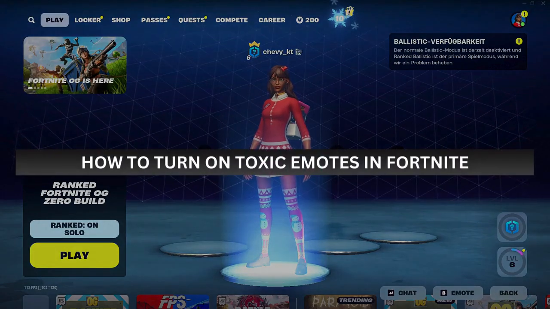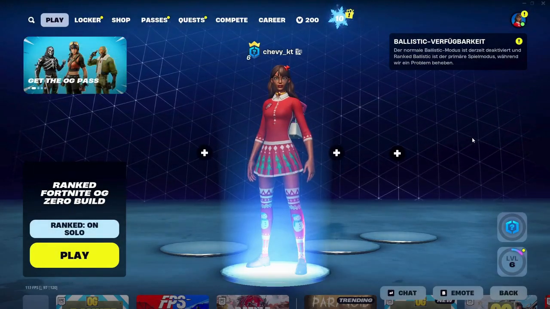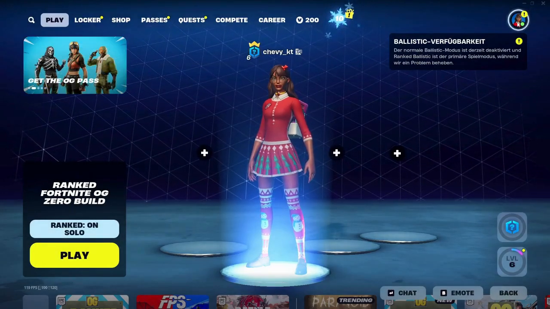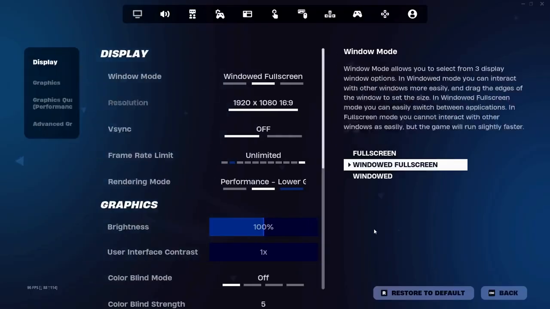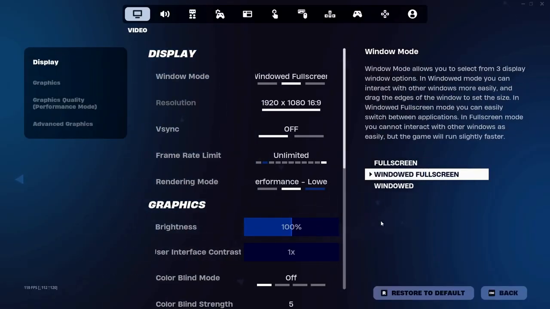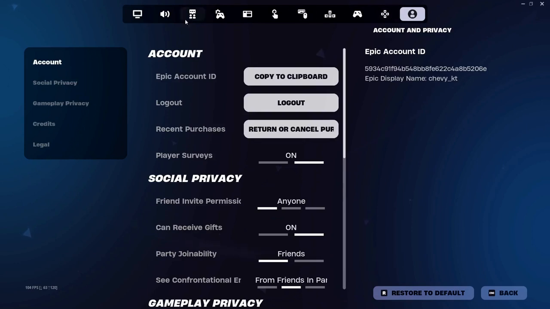How to turn on toxic emotes in Fortnite. So first, you simply click on your profile icon here at the top right. Then click on the settings icon right there. Once that's done, you will need to click on the tab right here at the rightmost side of the sections